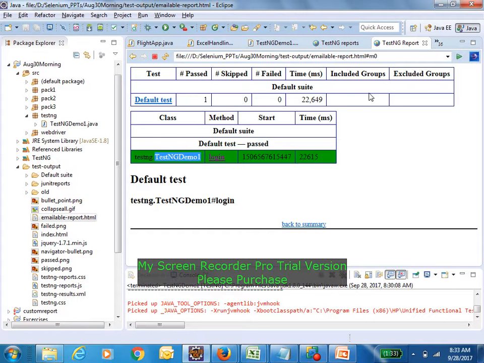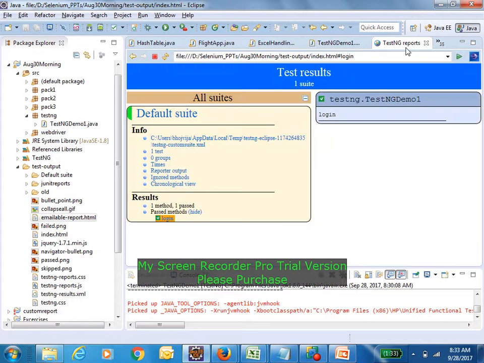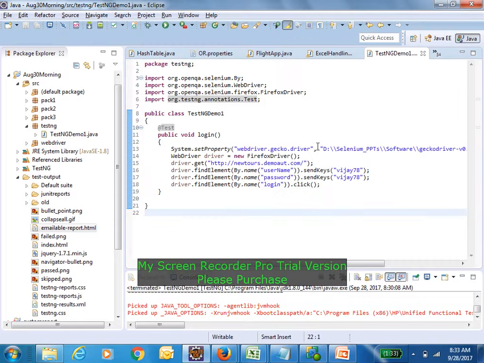Okay. So now we will intentionally make our script fail. What I'm doing here is, after doing the login, I need to verify whether it is landing on the right page or not. If it is landing on the right page, then pass, or else it is fail. Right? This is a half-cooked script. We need to complete it.